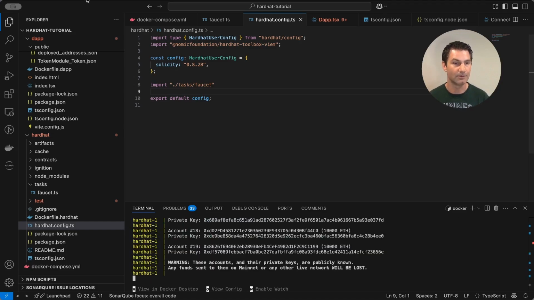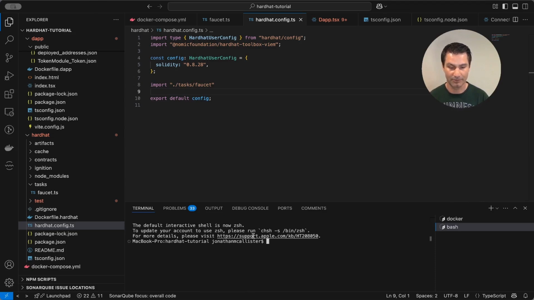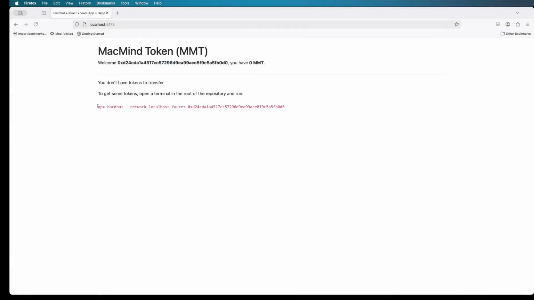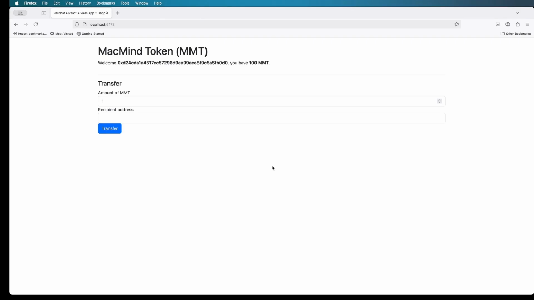And again, we're going to just make sure that our contract is deployed. Okay, great. And now we should be able to run the command here that was recommended. And if we come back over here, we can see that this is the command that we want to run. Okay, let's give that a shot. Excellent. So we transferred 100 MMT tokens to this address and 1 ETH to this address. And now we see, voila, we now have 100 MMT